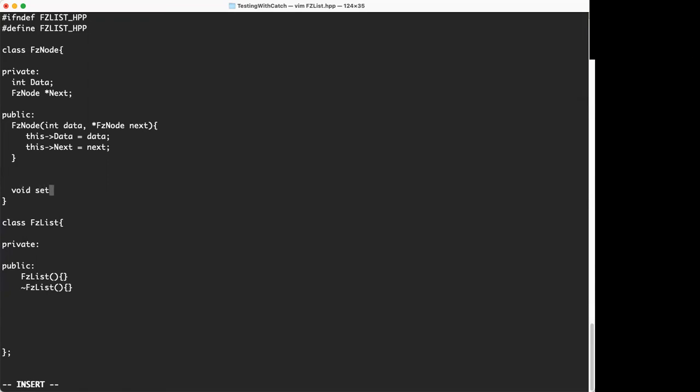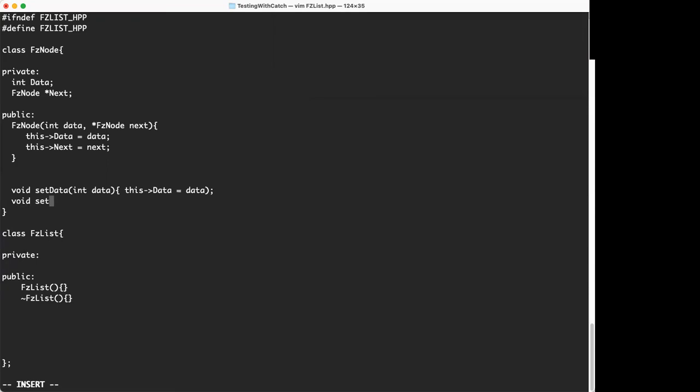So set data. Set data. And we'll just provide in data. We'll just inline it. Then we'll say this data equals data. And we'll say same thing for set next. And we'll have an FC node. We'll say this next equals next,